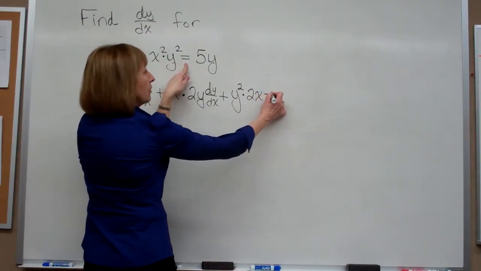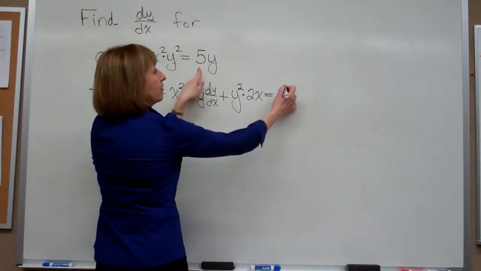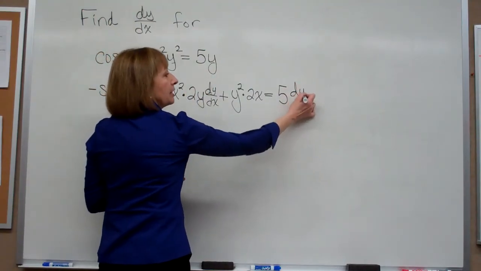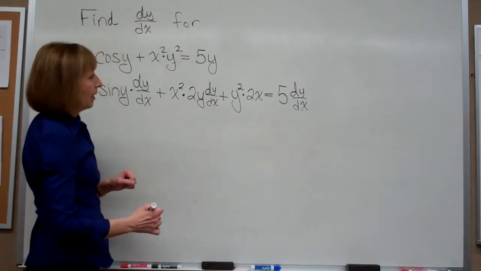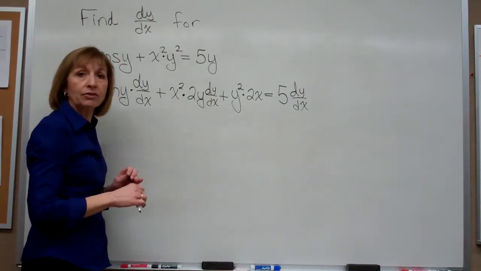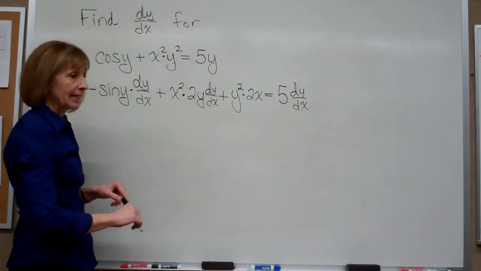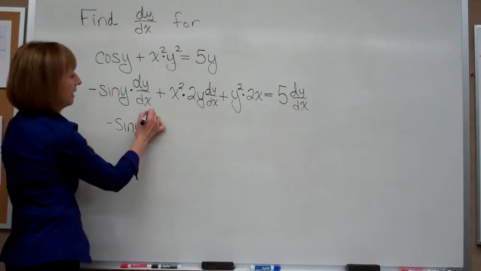And then equals, the derivative of 5 times y is 5, but it was the y letter, so we multiply by dy/dx for our chain rule application. Okay, now let's rewrite these terms, they're a little bit more comfortable to work with, and then we'll solve for dy/dx. So I have negative sine y dy/dx